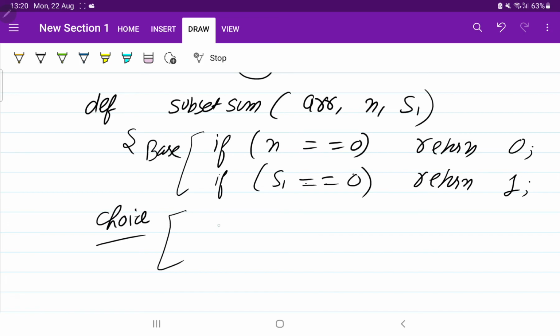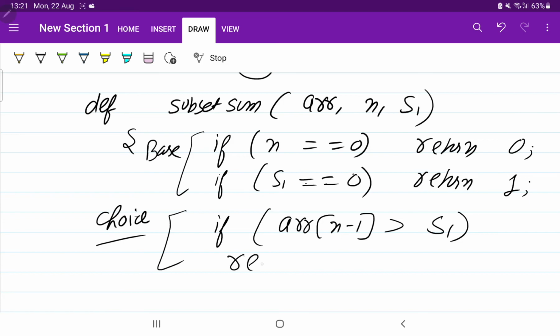Perfect. So in the choice diagram I told you, if the value in the array is greater than the required sum, in that case we are not going to select it. We are going to leave that element. It means we call this recursive function subset sum with the array, but now the size of the array will be decreased.